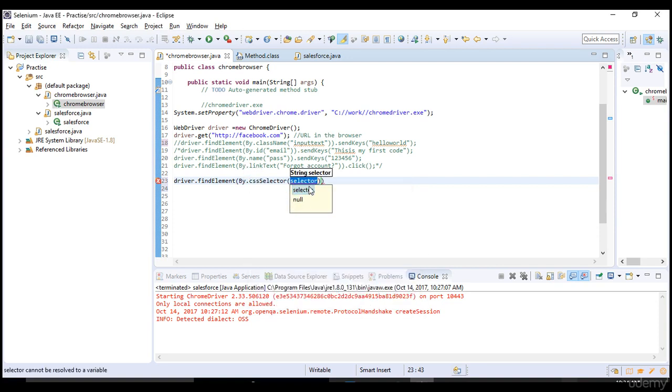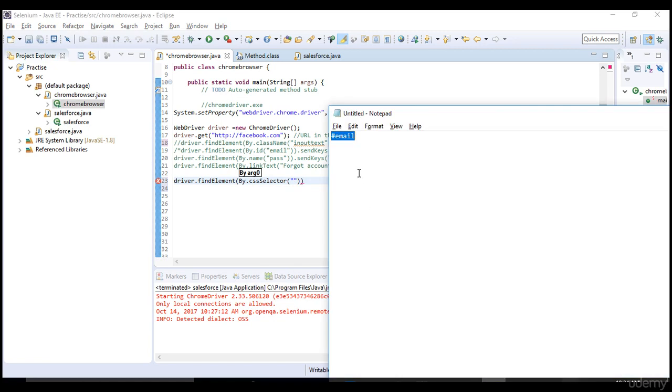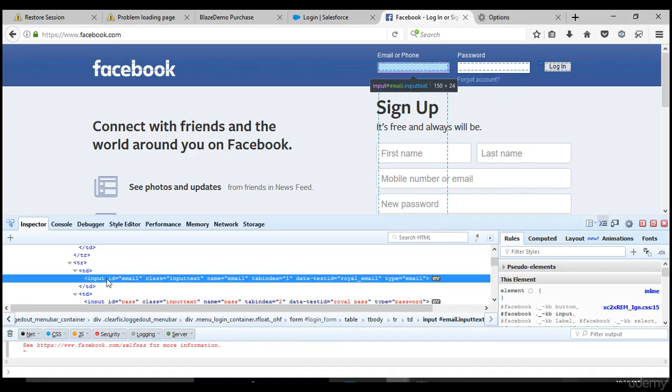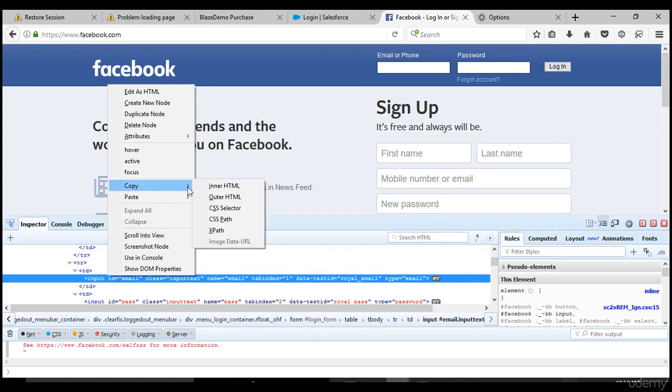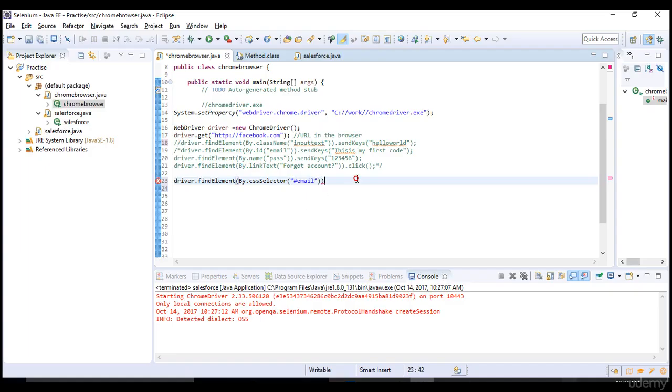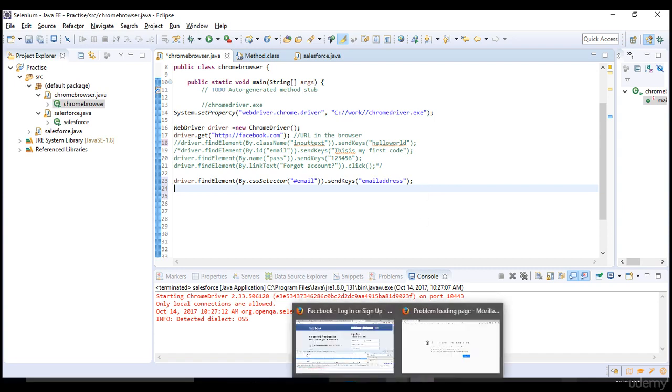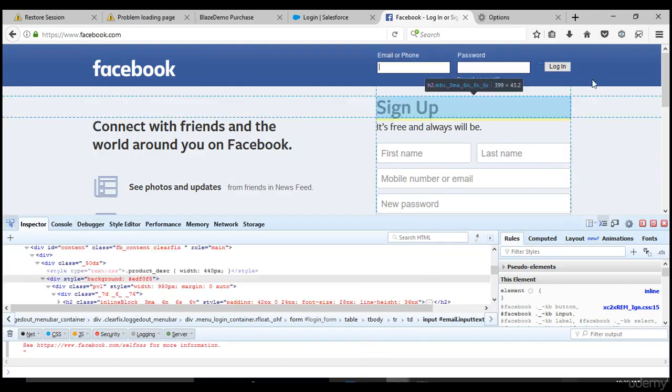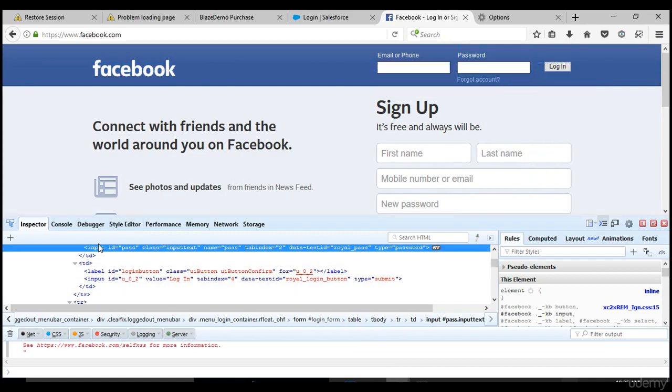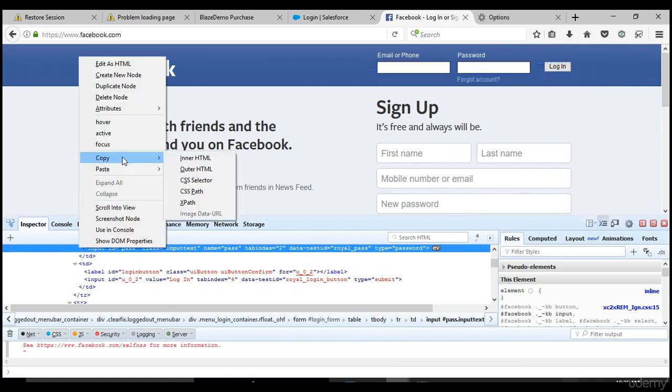So do you have the CSS of the object which you are trying to find? Yes, we have it. How did we get that? Right click, copy, CSS selector, paste it here and say dot send keys and give your email address. The same script which we did in the previous lecture, let's try to do in the form of XPath and CSS. Now for the password, I'll try to handle it with XPath.